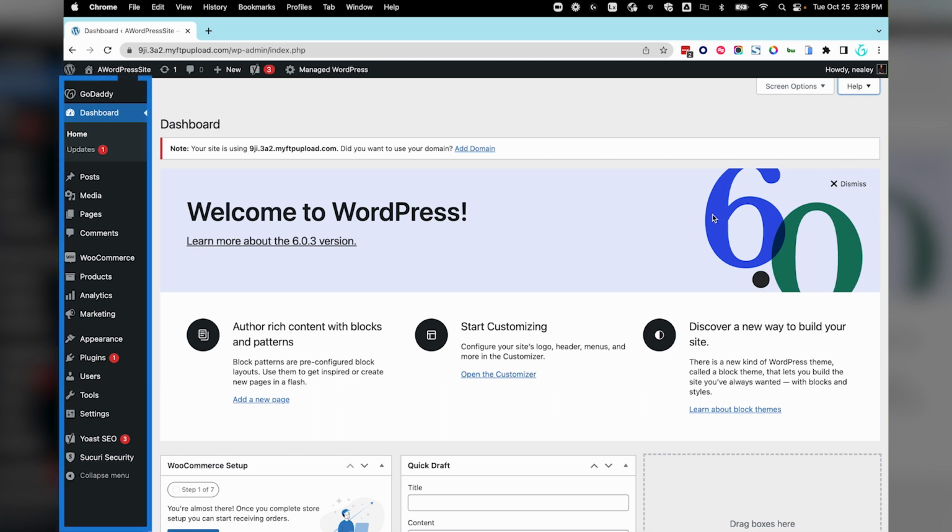On the left-hand side of the screen is the main navigation menu, which contains links to all of the administrative pages in WordPress. Hovering over each option will display submenus containing additional pages or options. I'm going to give you a high-level overview of what you can find in each of these sections. Keep in mind what you see depends on how far along you are on your website building journey. The more plugins or features you add, the more this navigation will expand. So you may not see exactly what I have here.